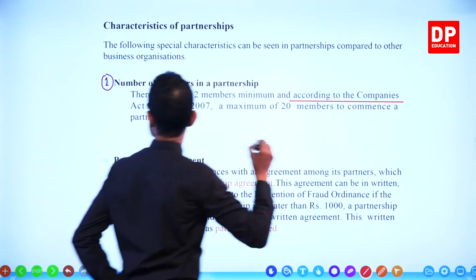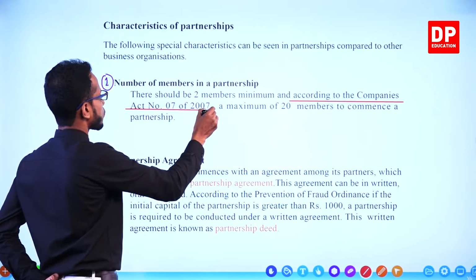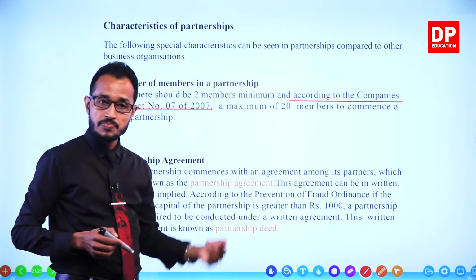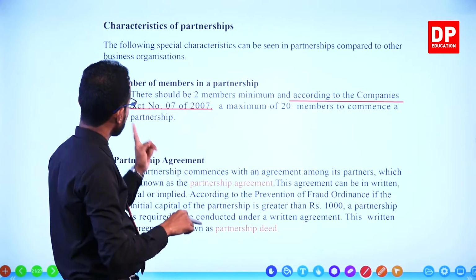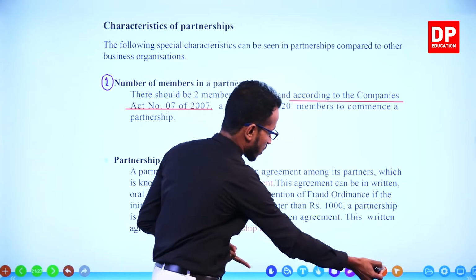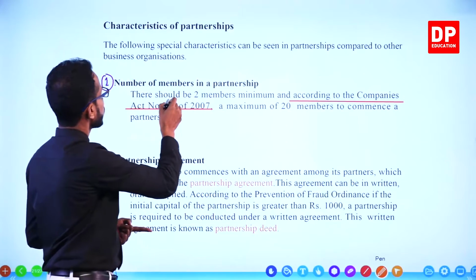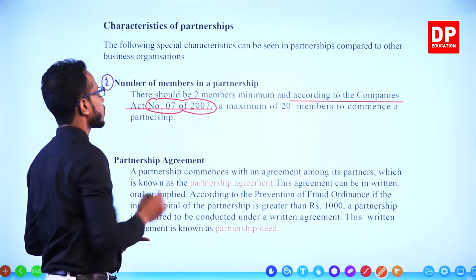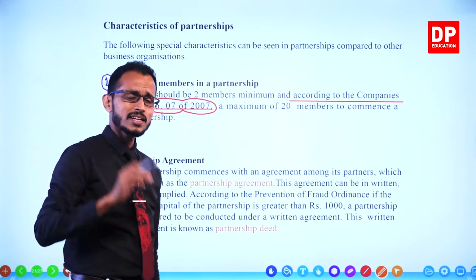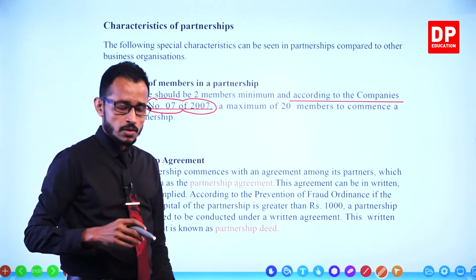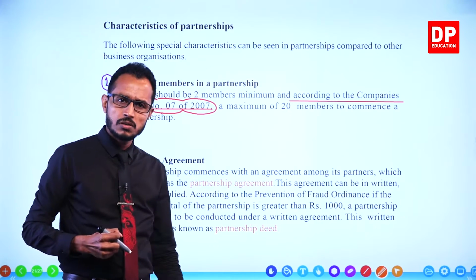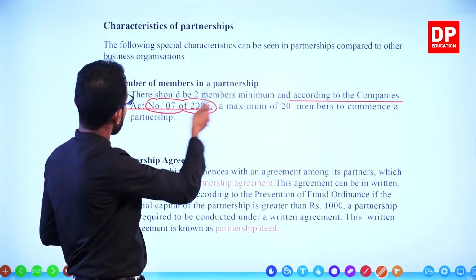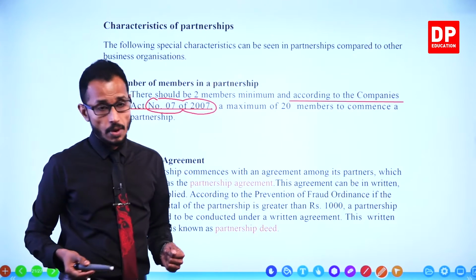According to which act or law? According to Companies Act number 7 of 2007. Another law, another act which is imposed on partnership businesses. And this regulation is coming from Companies Act number 7 of 2007. Remember,